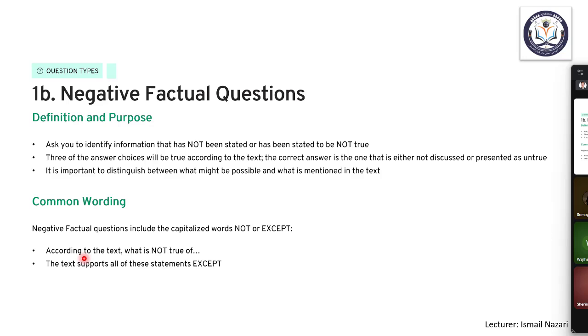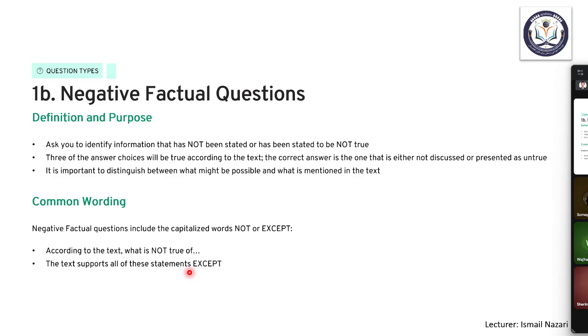For example, we may have, according to the text, what is not true of. Then we will have the keyword, true of X, true of Y. So the keyword would be stated there. Or the text supports all of these statements except,